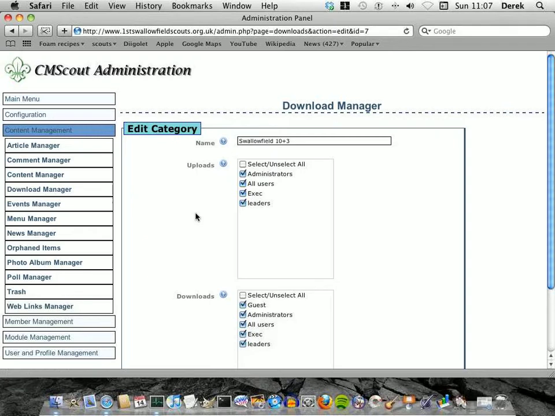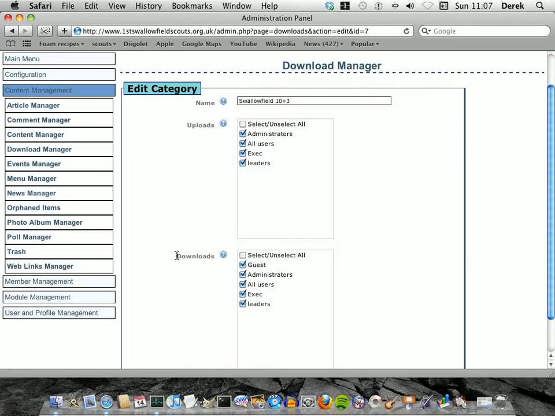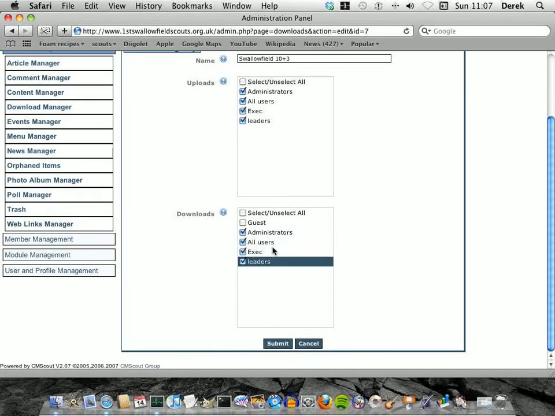public, not guests. In the download section here, we can say who can download things in this category, and you can see it's the same sort of roles, but there's also a checkbox for guests, and that's the general public guests. So if we turn that off, that means nobody from the general public will be able to download anything in this category. Once you've made the change, whatever change you want to make, hit submit down the bottom there,